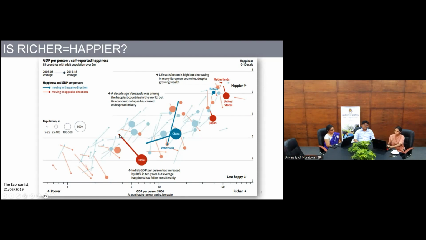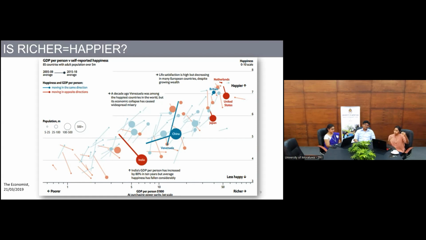The start of the stem is the first point, 2005 to 2008. And the bubble is the ending point, 2015 to 18. And the color of the symbol, whether it's red or blue, is showing you whether over time, the two variables, GDP and happiness, have moved in the same direction or not, right? So what this picture is then showing us is, overall, if you look at all of the data points taken together, the relationship between GDP and happiness is positive. Richer countries tend to be happier.